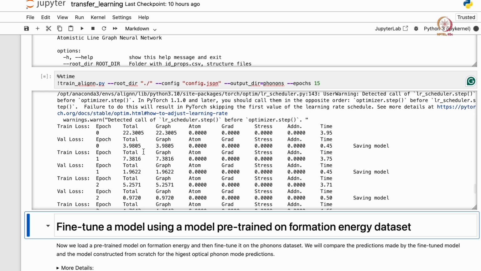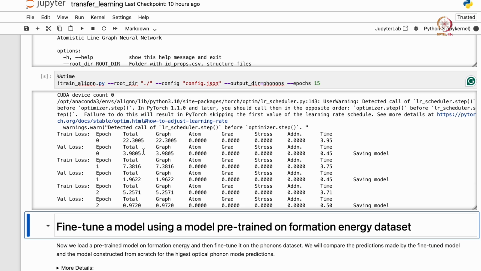With this ALIGNN model, you can have graph level predictions and atom level predictions. What we are interested in here is only the graph level prediction. But if you were interested in atom level predictions, say the energies of each atom, you can take the gradient of those energies with respect to the atomic positions, which will give you forces, and further you can also get the stresses or any additional properties that you want to derive from your atomic features.